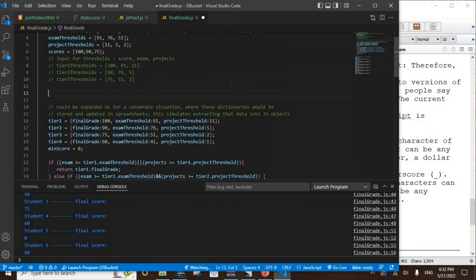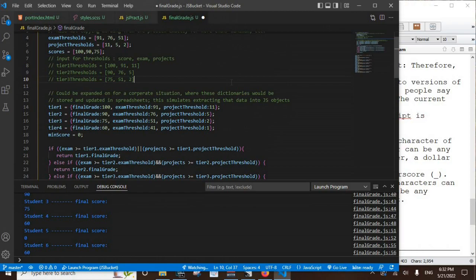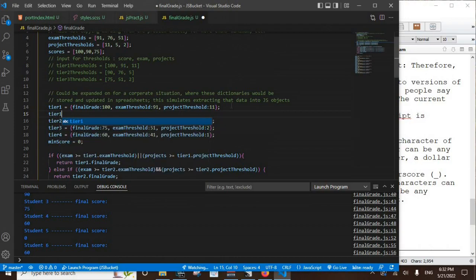That would be like, I'm not going to do it because I don't know the syntax off the top of my head. I'm just going to talk through it because this is going to be a very brief thing. So each of these would be an instance of an object that has this skeleton to it, where I would just set these properties. So it'd be like tier 1 dot final grade equals 100. So I'd do it like that for setting things.